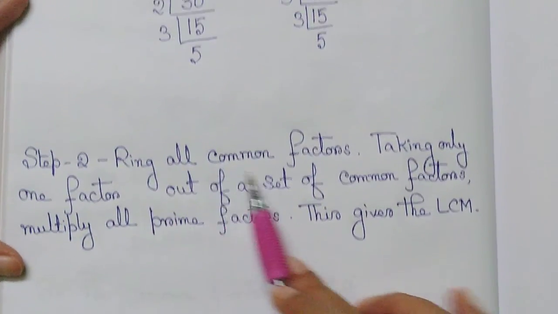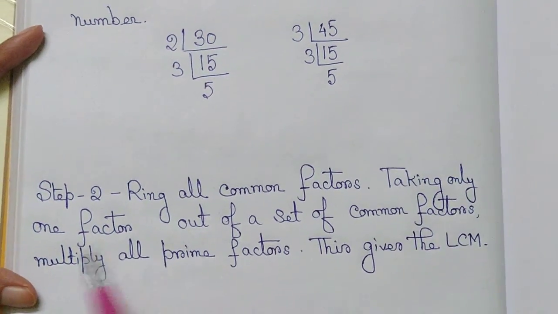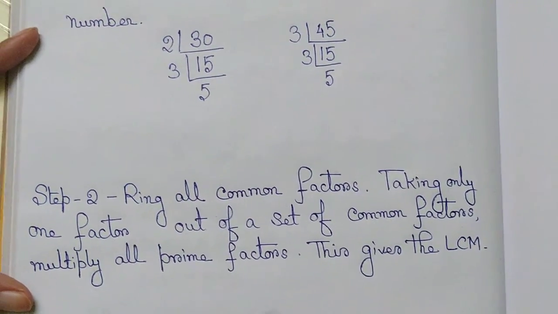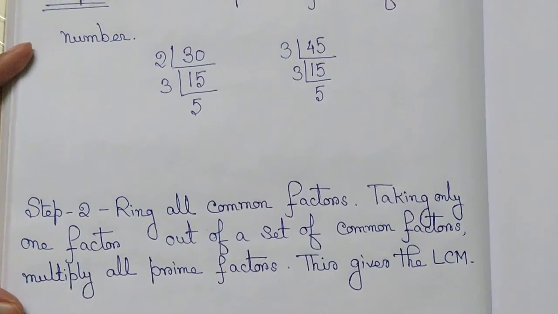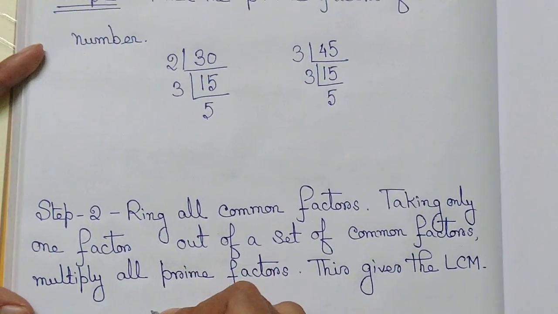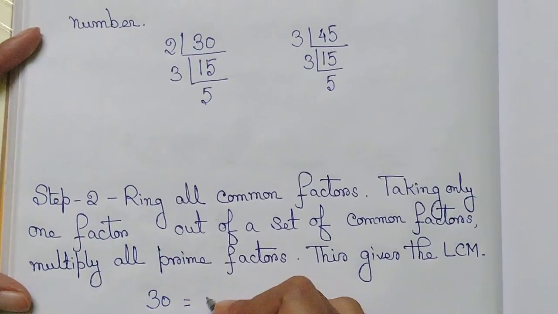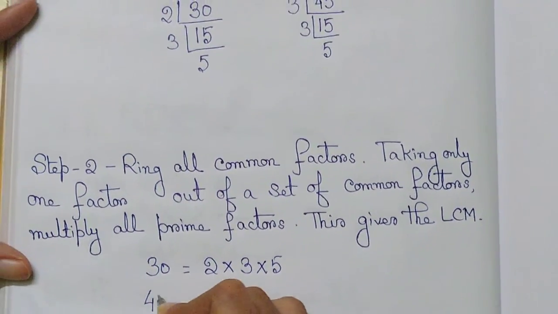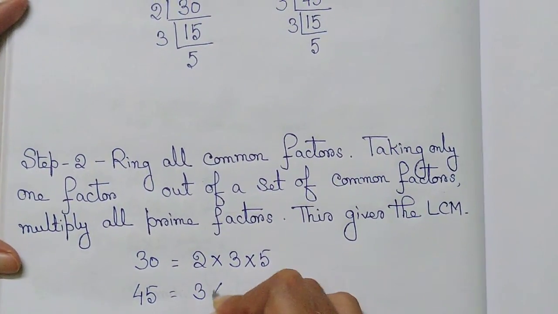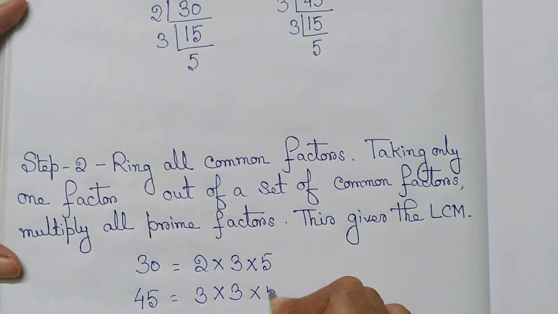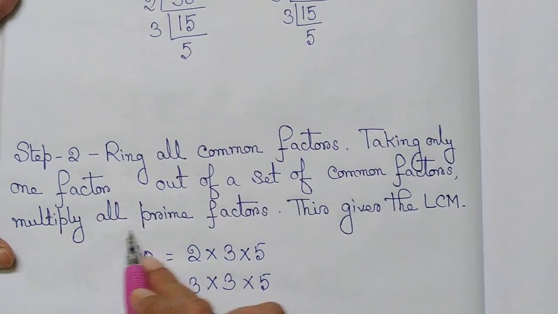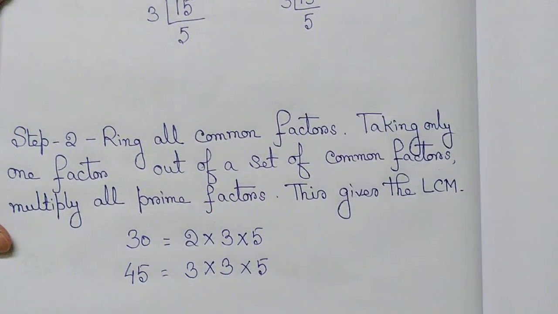Step 2. Bring all common factors taking only one factor out of a set of common factors. Multiply all prime factors, this gives the LCM. Now first I am going to write down 30 is equal to 2 into 3 into 5. 45 is equal to 3 into 3 into 5. Taking only one factor out of a set of common factors, multiply all prime factors. So I will be taking each one of them. So LCM